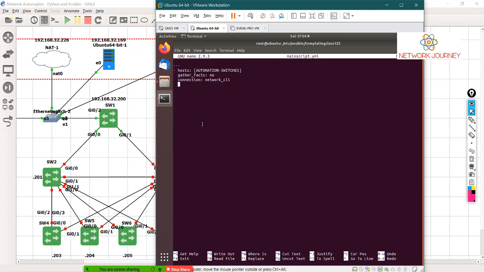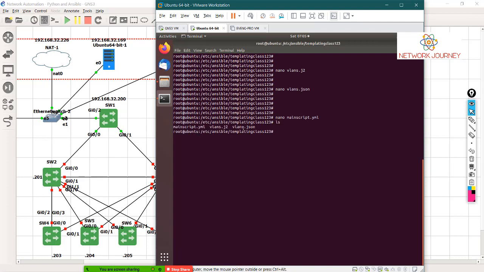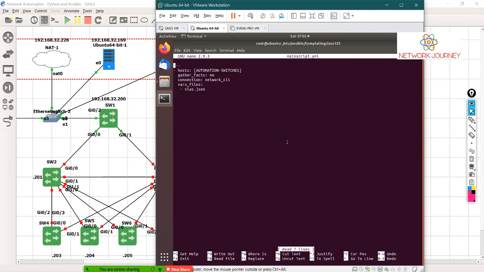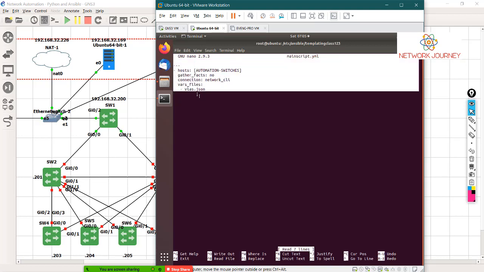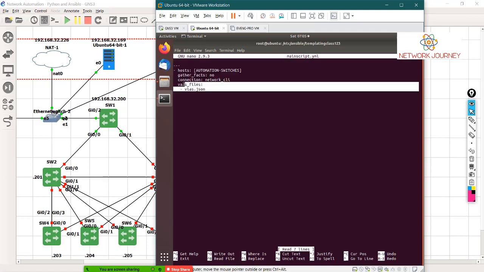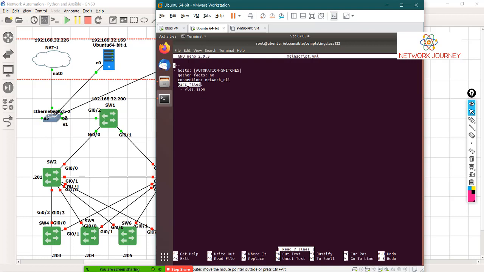Once you do this, what is your variable? Where are you going to give your data model? You have to define that with the syntax called var underscore file, and you say it's under this file. So what file did we use? vlans.json, right? Let's see if that's right or wrong. Yes, it's vlan.json. I'm going to call that. This is my data model. If I need VLAN 333, 334, 335, what are the names? It's over here. This syntax is again a predefined syntax in Ansible. I'll show the document for this.